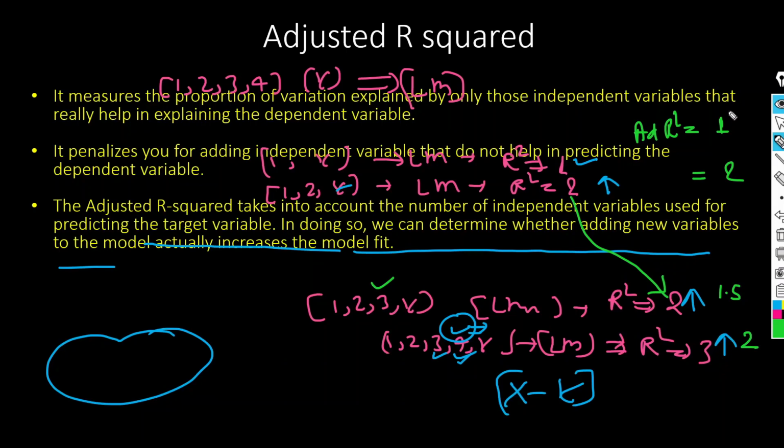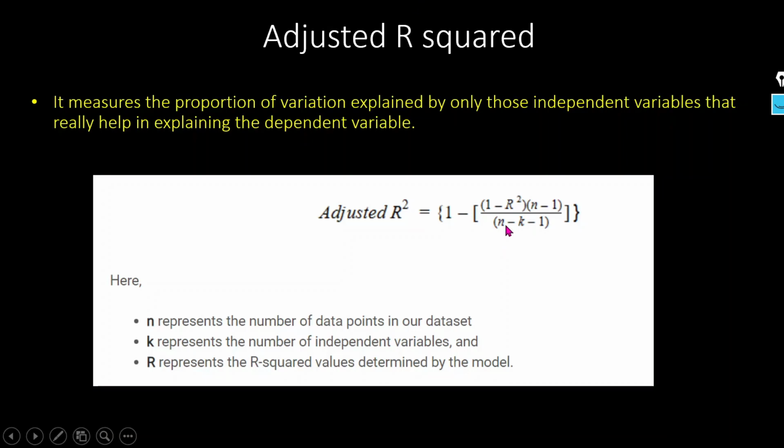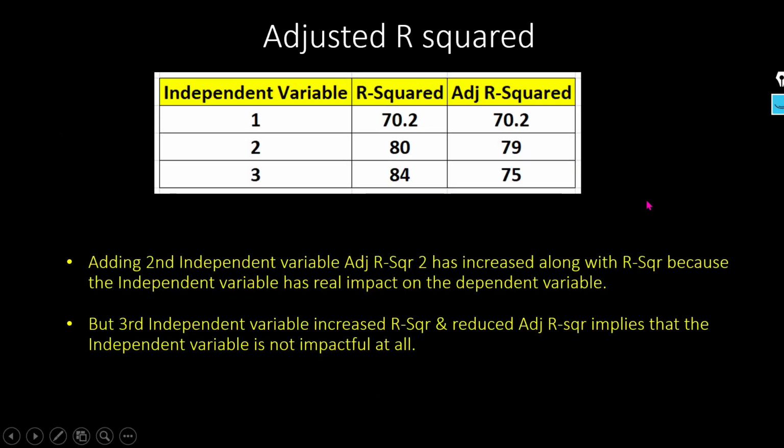So what can we get by using the adjusted R square? You can see here, once we add the third variable in our data set, our adjusted R square decreased but R square is the same. It means this variable is not showing any proper significance in the prediction. So this is the formula. Here this is your R squared value, this is your total number of samples, and this is your total number of independent variables. So if you see the same example, once we have one variable, our R square value is this and adjusted R square value is this.